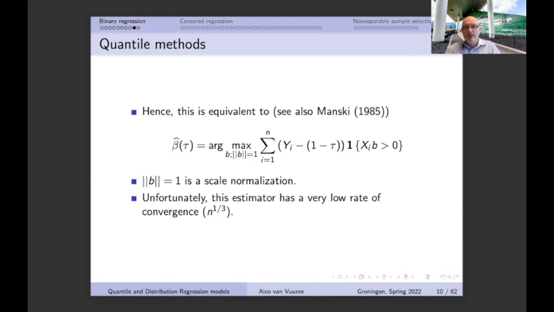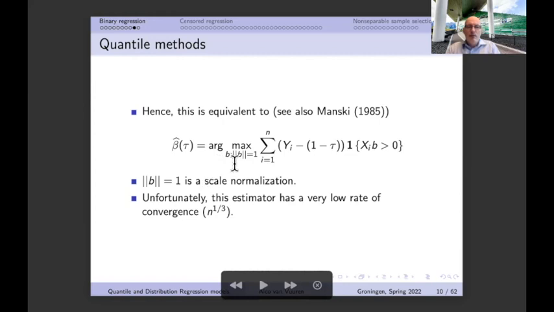It's not identified. The reason why it's not identified is because we have only two outcomes, 0 and 1. And therefore, unlike in the continuous case, the variance is not identified. If we increase the variance from, say, 1 to 2, we can look at an exactly equivalent model by also multiplying the beta coefficients by 2. And the same problem arises over here. So therefore we need to look at a normalization.